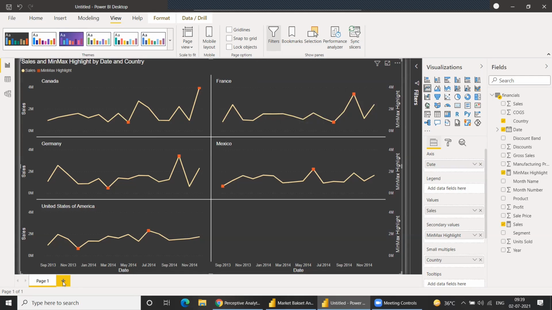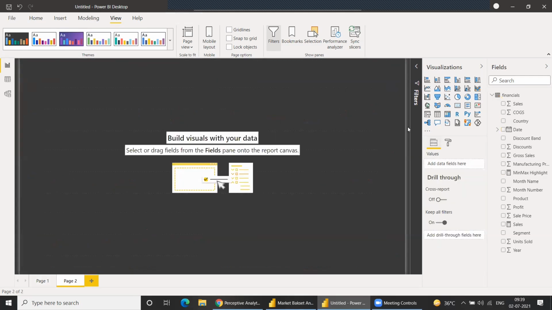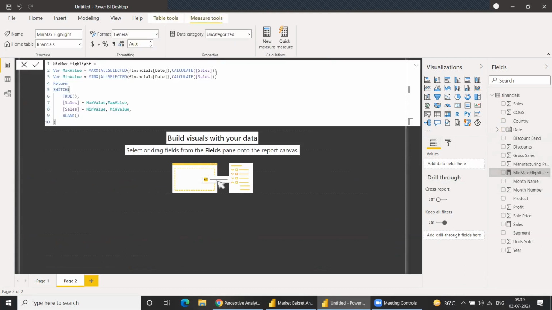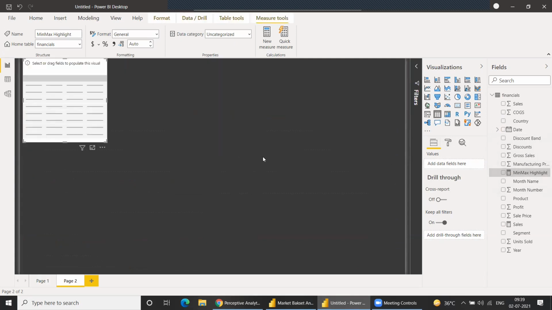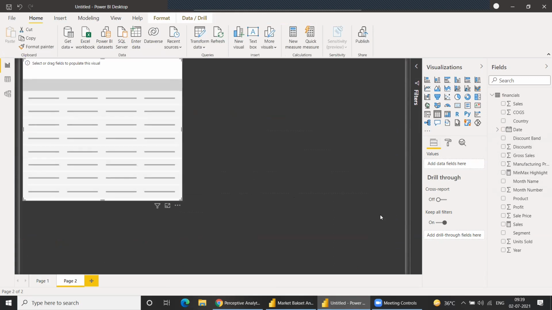Let me just open this. This is the min-max highlight. So what I'm saying, at the measure which I created, sales, if my sales equal to the max value, okay, let me explain through a table. We'll create a table here. Okay, we'll put our sales measure.